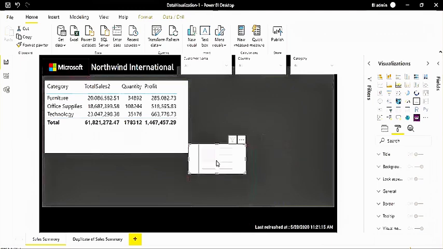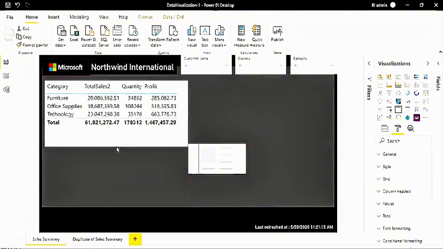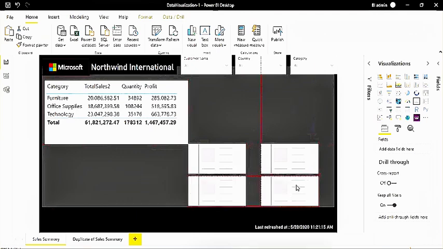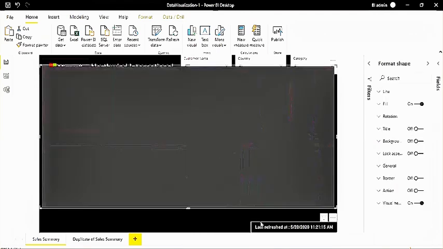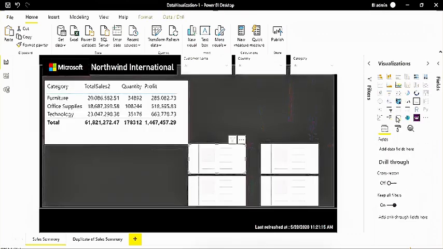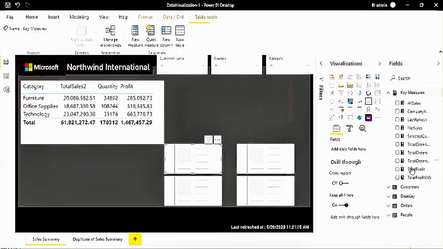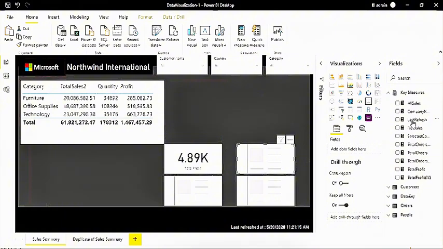This is, let's say, your fourth quadrant. In these card visuals I'm going to place some KPIs, like total profit, and in this one net sales. Just some random values I'm adding here.